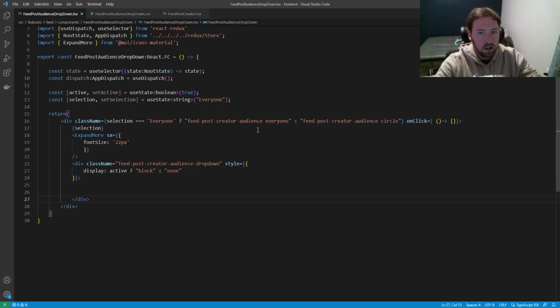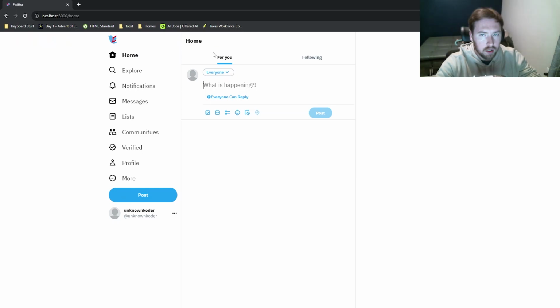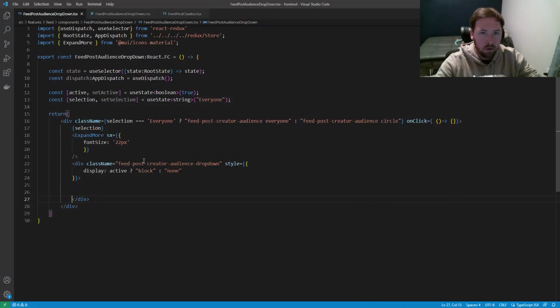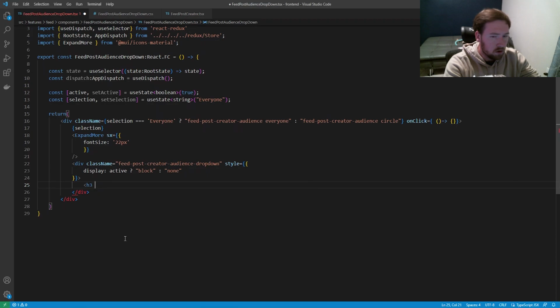And this is the actual drop down mechanism that's going to be like a modal. It shouldn't be popping up now because it's not active. And whenever it is active, so actually active is set to true, there's just nothing inside of it right now. So that's why. Cool. So now we'll have our H2 with a class name equal to